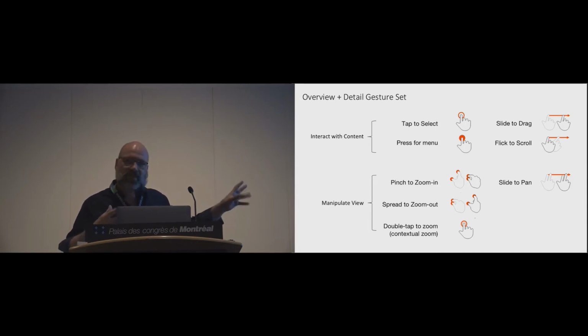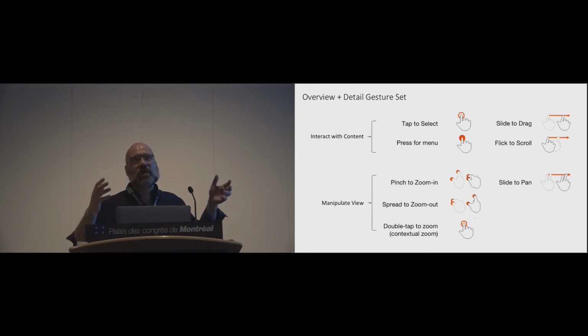Now there's the second set of gestures, which includes pinch to zoom, and these are gestures that are really intended to manipulate your view of the content. They don't change the content, they just manipulate how you see the content, and they allow you to do things like change resolution. So again, that includes pinch to zoom, spread to zoom out, and two-fingered slide to pan. It's often done as a two-finger gesture to disambiguate from the single finger swipe. And it also includes a slightly more novel gesture,